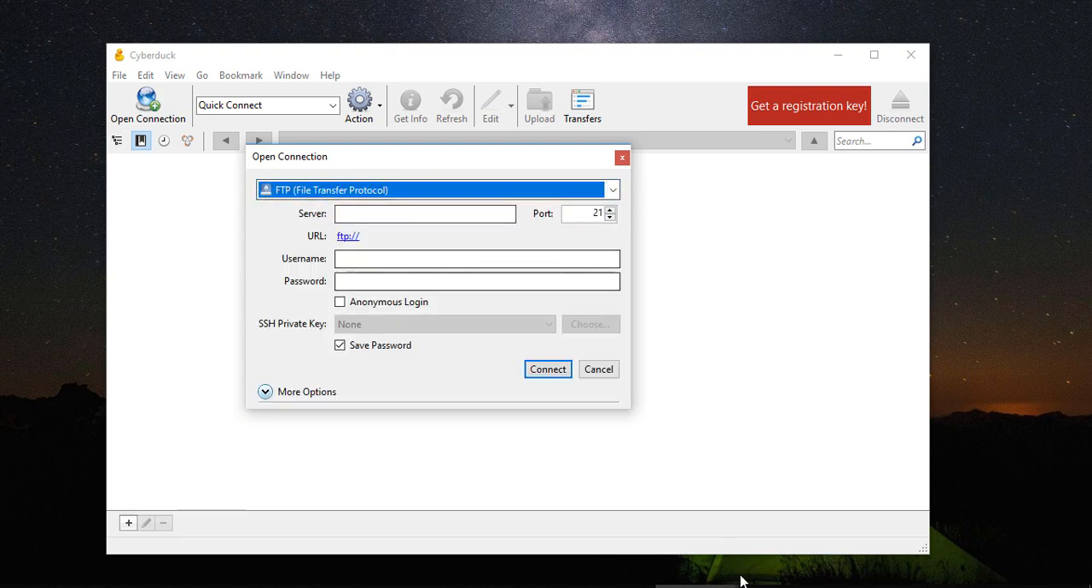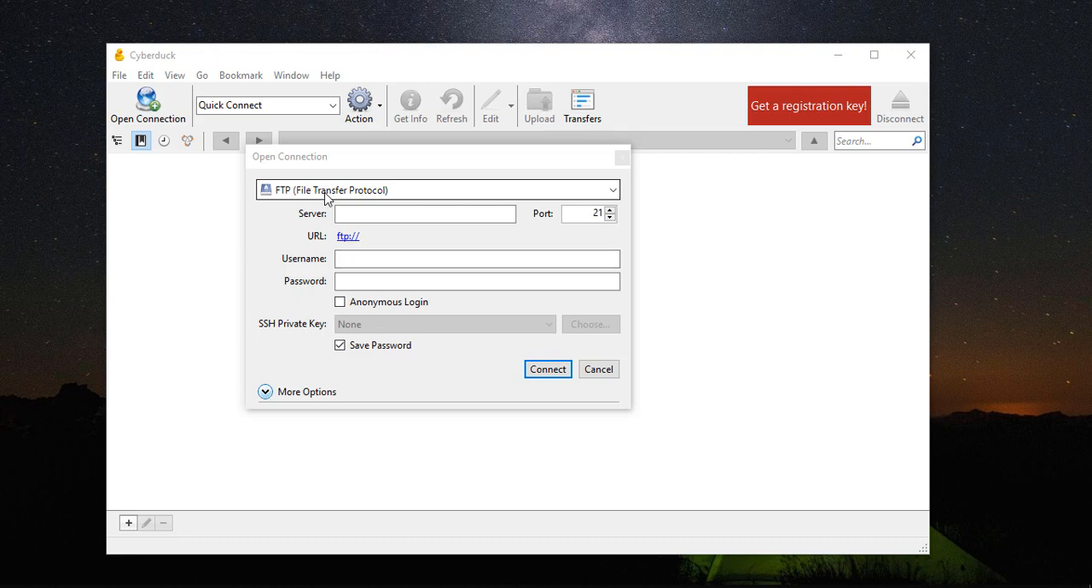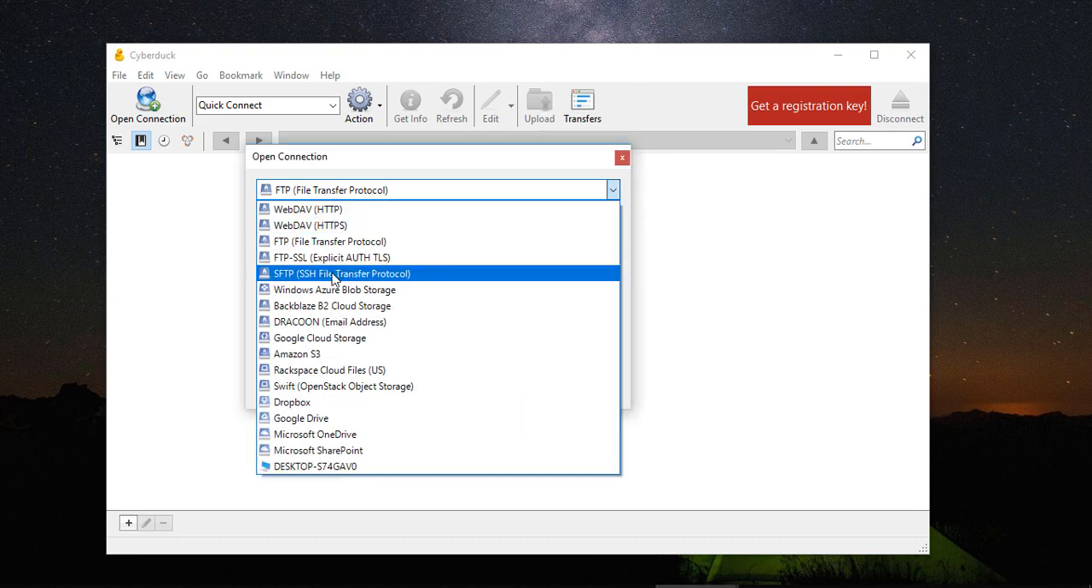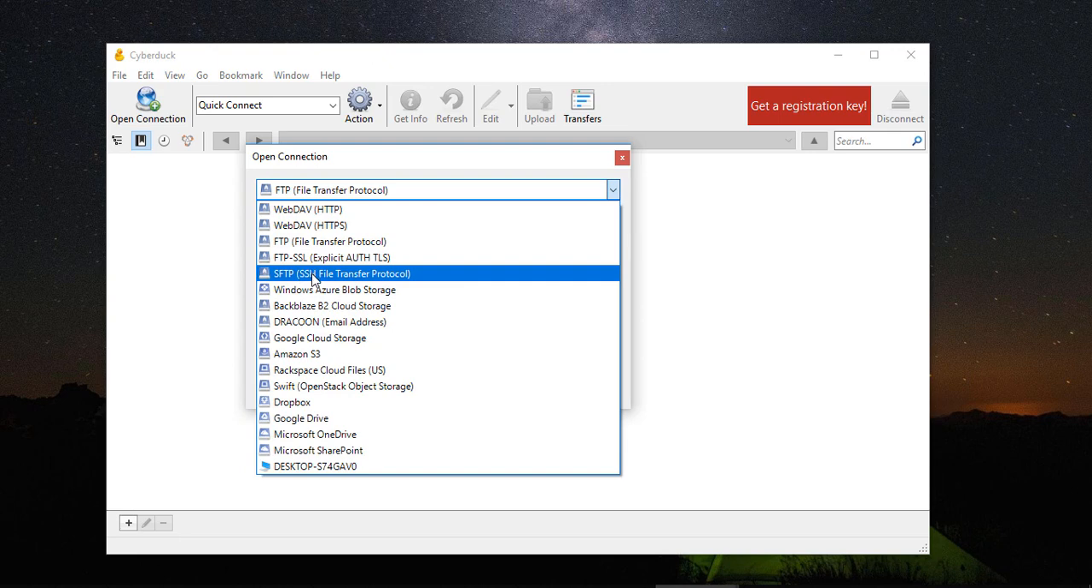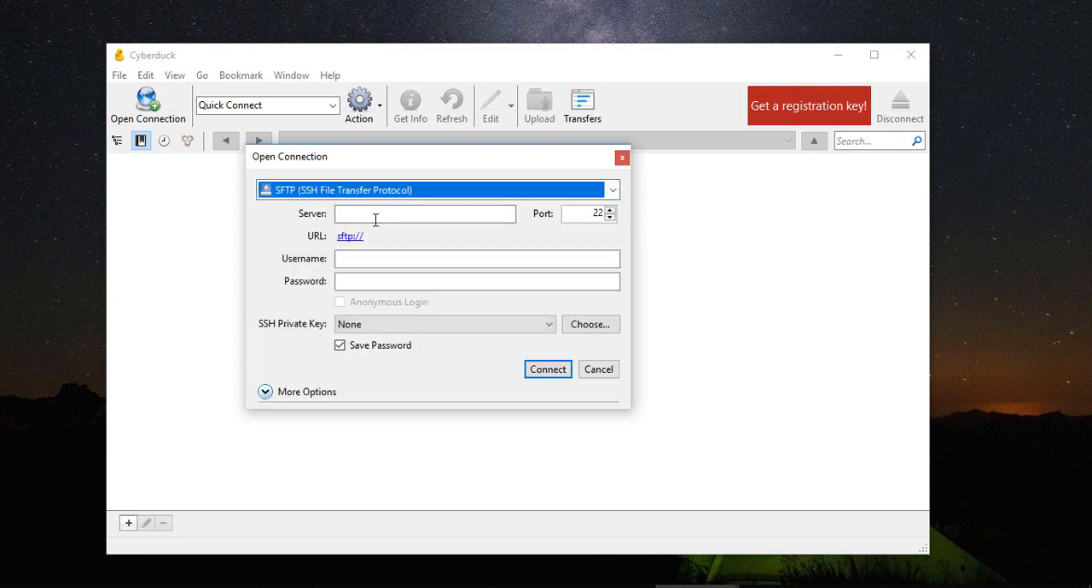Now, if you try FTP protocol and you follow the steps and it doesn't work, no problem. Just come back and change the protocol with which you are connecting to either FTP SSL or SFTP. I prefer to use SFTP most of the time. So just check and play around to find what works for your particular server. So I'm just going to go with SFTP now,